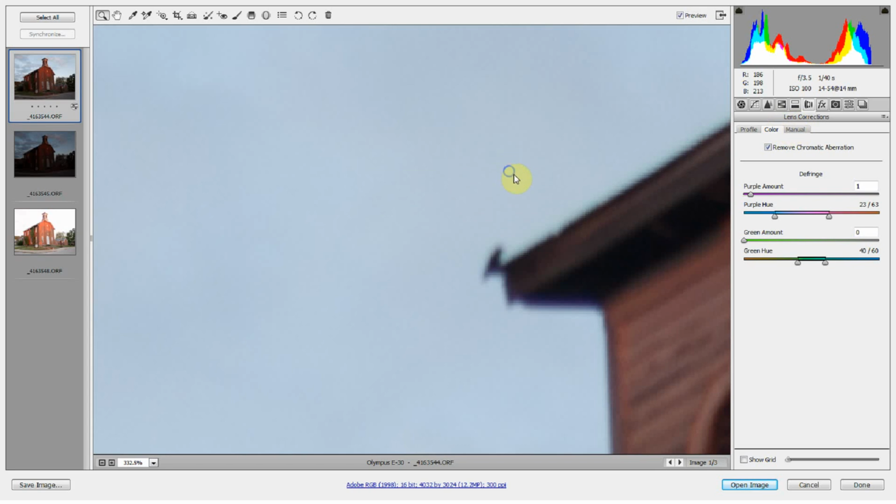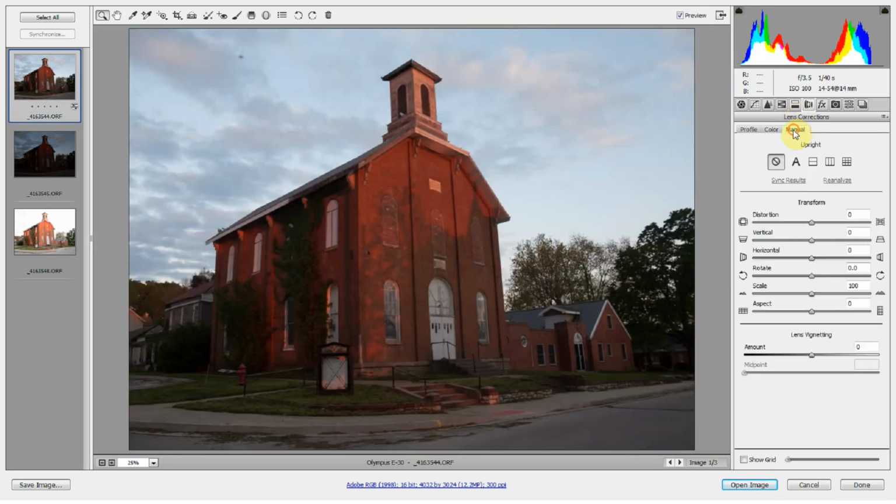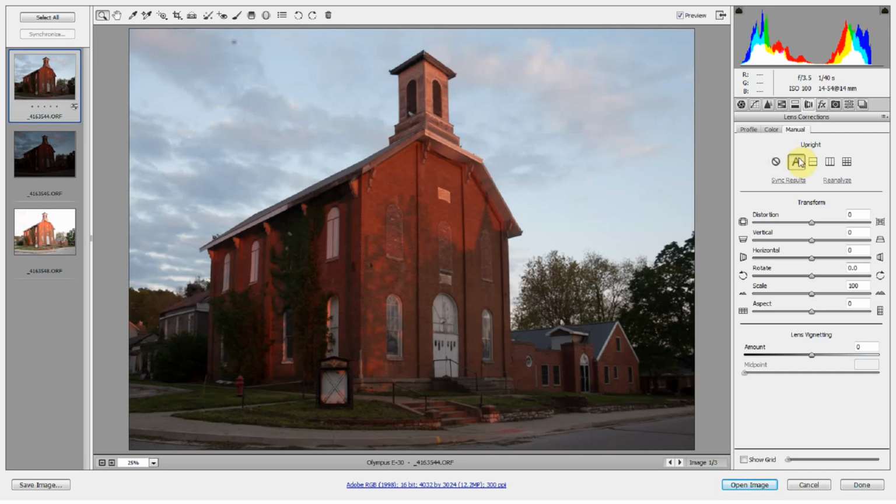Now what I also want to do is zoom out here and go to manual in the lens correction tab. What you're seeing here is a photo that was taken with a wide angle lens at its widest focal length, so about 14 millimeters. What that did was it created a perspective issue with the building. It makes it look like it's leaning to the left. So what you can do right here in Camera Raw, I believe you can do it in the new Lightroom as well, is apply a balanced perspective correction to this photograph. When I press that, it straightens up the photo for me to its best ability. And I think this actually looks pretty good, so I'm going to keep it the way it is.